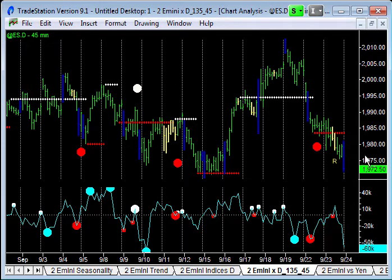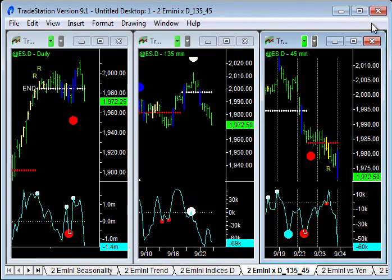But then we've got to put in a pullback to end of trend for price, so we've got blue professional bars kind of picking up the lows. We'll need a price confirmation with pullback to end of trend. We'll have an exhaustion pattern that then maybe puts in a bullish divergence pattern and rallies from there. So we'll be playing around this 1970 level to put in that little localized low,